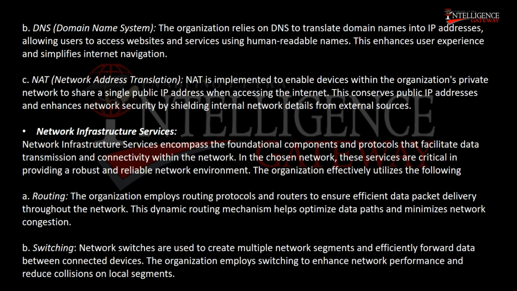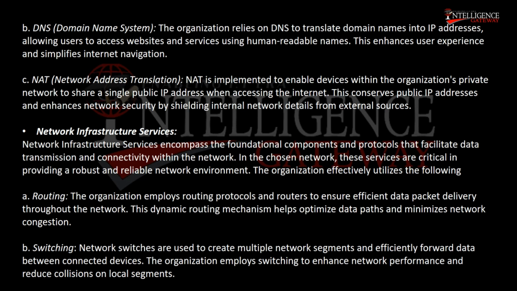C. NAT, Network Address Translation. NAT is implemented to enable devices within the organization's private network to share a single public IP address when accessing the internet. This conserves public IP addresses and enhances network security by shielding internal network details from external sources. Network infrastructure services. Network infrastructure services encompass the foundational components and protocols that facilitate data transmission and connectivity within